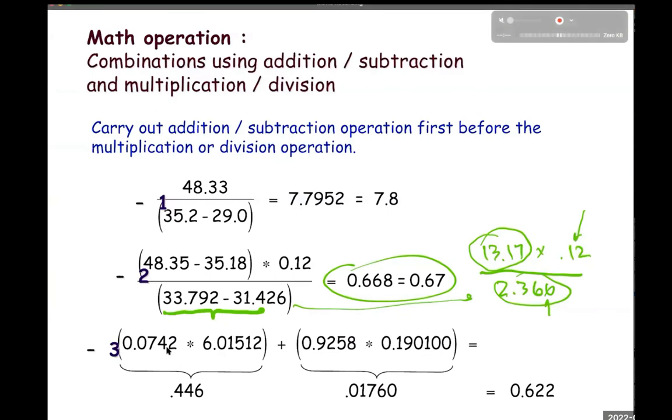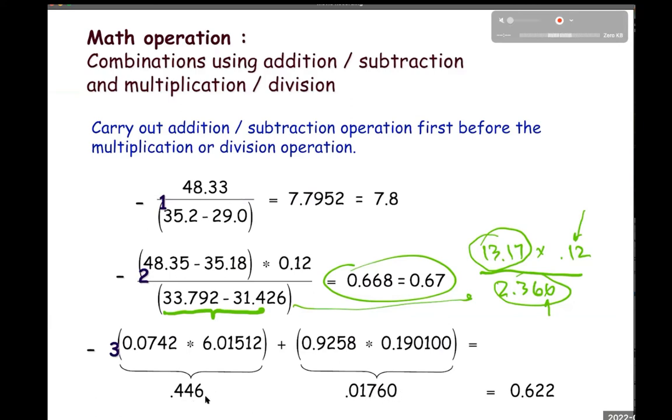Here, I'm taking 3 significant figures and multiplying it by 6 significant figures, so my answer should be 3 significant figures. Then in this parentheses, I'm taking 4 significant figures and multiplying it by 6 significant figures, so my answer should be 4 significant figures. But then I'm adding it. Notice I'm adding 0.446 to